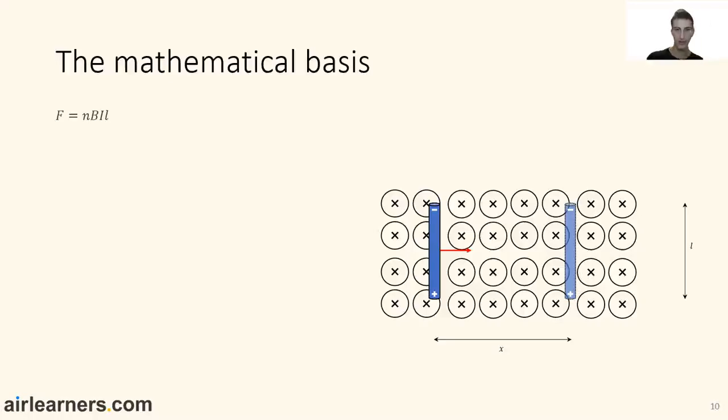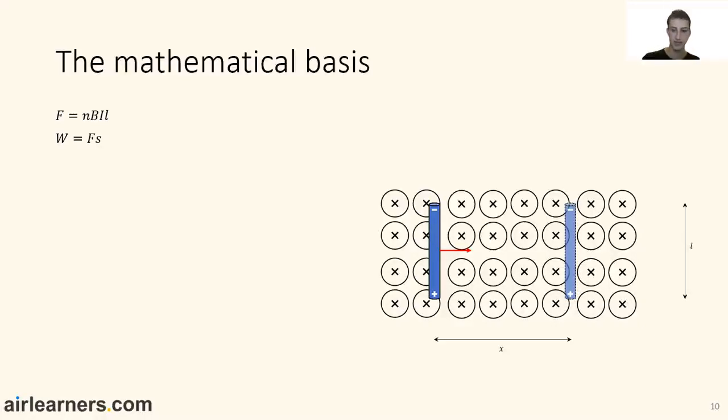So we're going to start off with a formula that you will have learnt in area of study 1. So the force in what we consider to be DC motors on a side motor is NBIL: the number of turns multiplied by the magnetic field strength multiplied by current multiplied by the length of the relevant section. We're also going to use another formula, which is for work, and you may have learnt this in area of study 3,